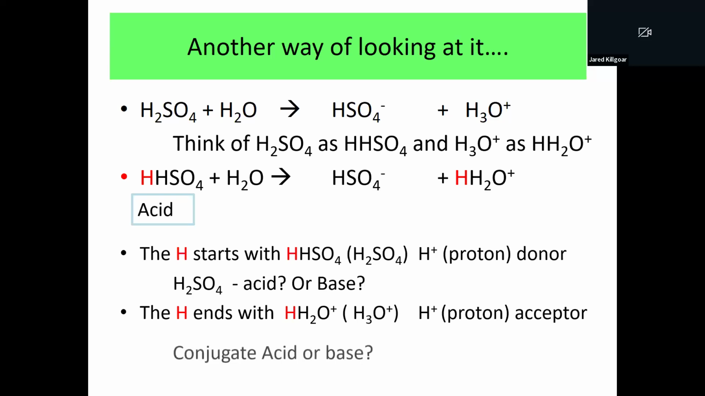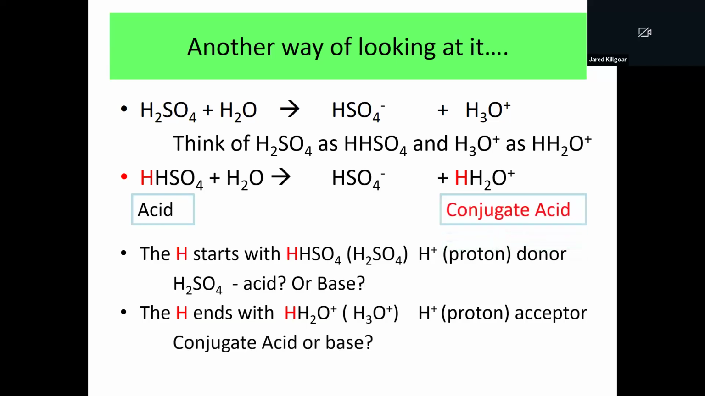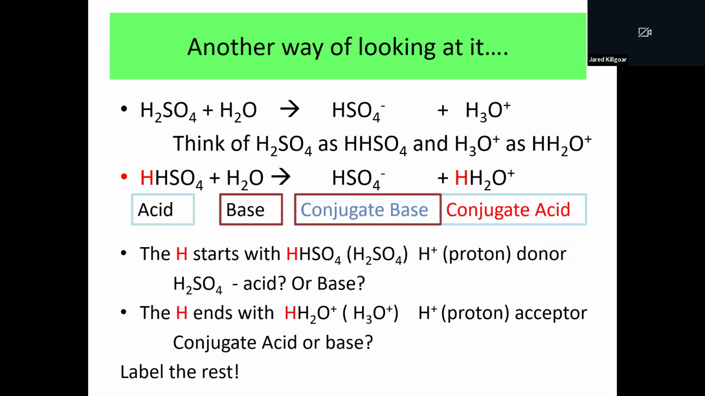Therefore, the H3O plus is the conjugate acid. Label the rest. If H2SO4 is the acid, then H2O must be the base, and its pair must be the conjugate base. All right, so